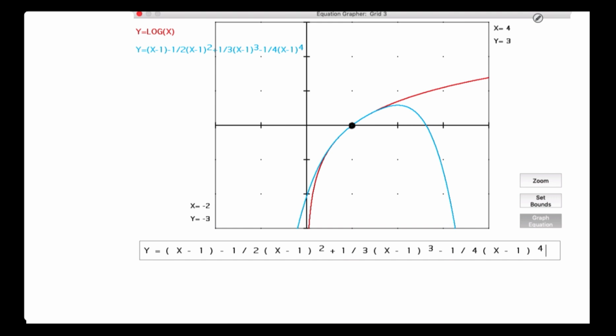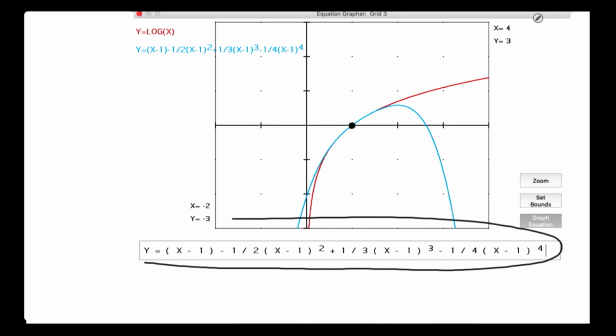So when you guys type in natural log of something on your calculator, you type in natural log of 567. The graphing calculator doesn't know what natural log is. Instead, the graphing calculator is trained to use a Taylor series expansion. Obviously, it goes past fourth power because this looks very accurate from about here to here. Nobody will be able to tell the difference between the two colors. And then it starts to fray. As you get farther out this way, they start to separate. Same thing as you start to get to 0, -1, you can see some separation. But if you add on some more terms at the end, it'll tighten it up. So that's how calculators are programmed. They're programmed using